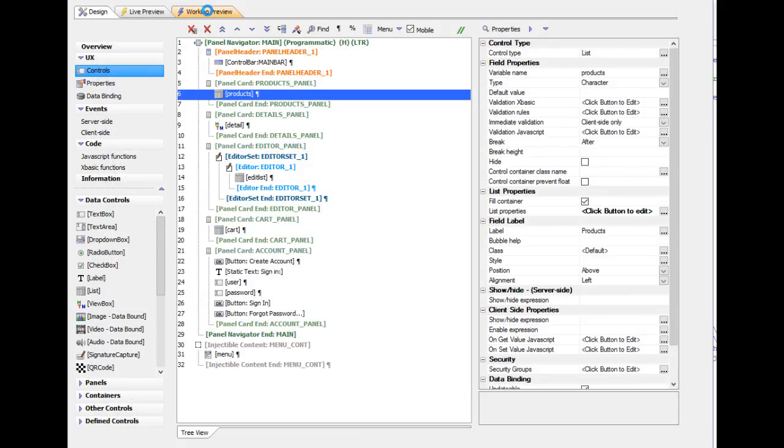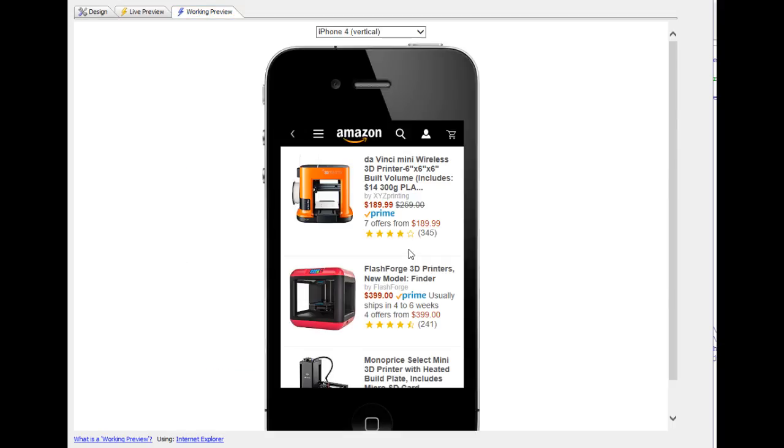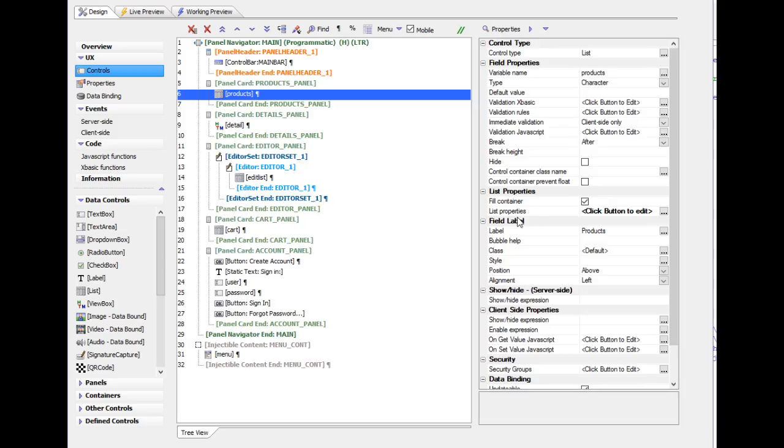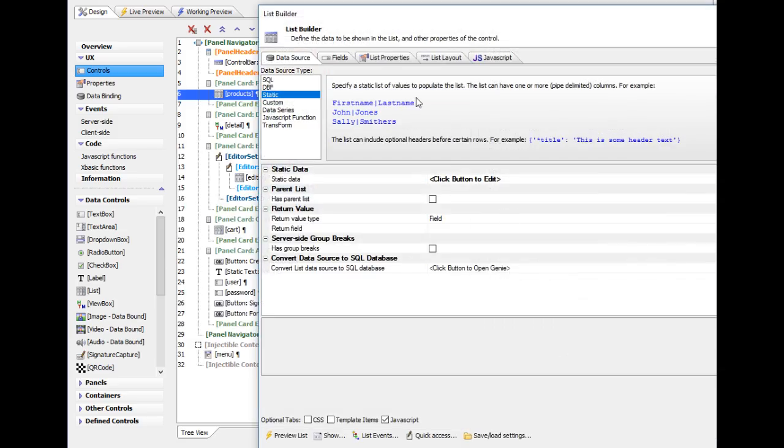So if we go back and look at the list right now, we'll see that basically the prices over here have a strike through over them. So this is the manufacturer's suggested retail price, and since it's not equal to the selling price, we're rendering it with a strike through. So if we go back to our list again and look at how that was done,